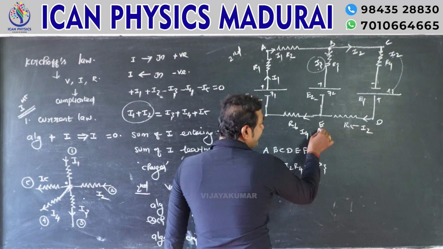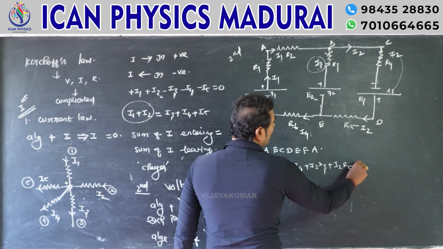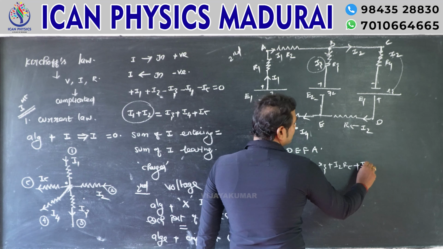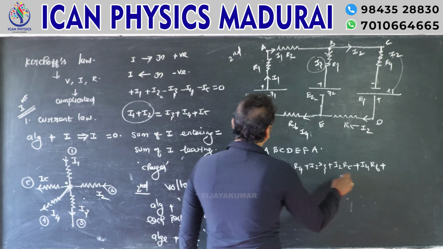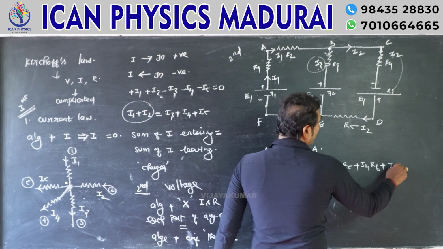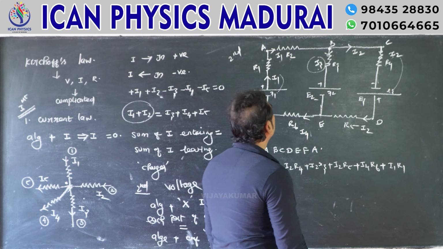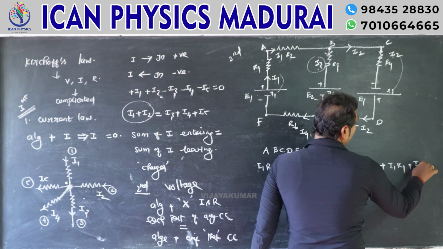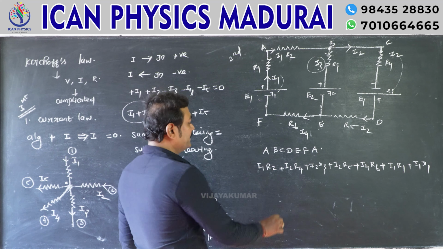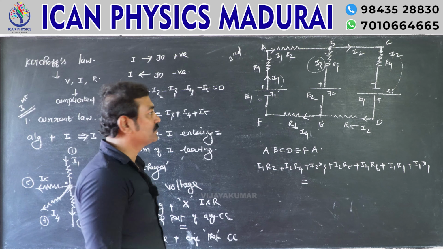Next, D to E: I2 into R5. E to F: I4 into R6. F to A: I1 into R1, and we also have some internal resistance, so I1 into small r1. This is equal to